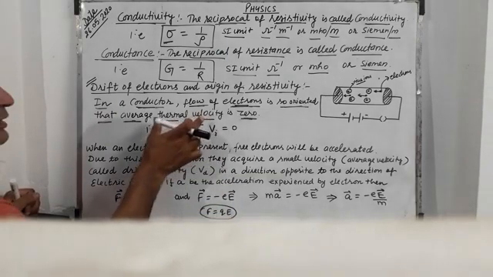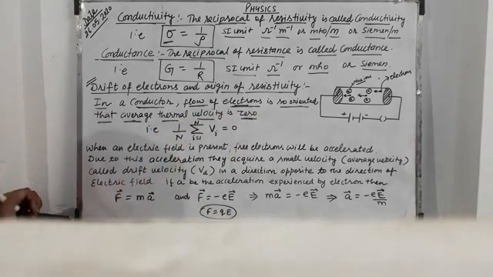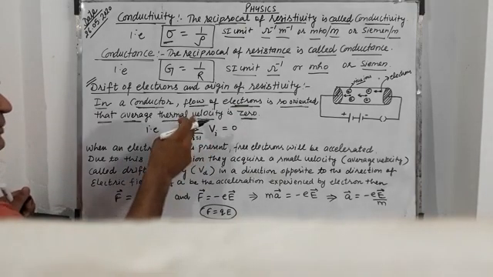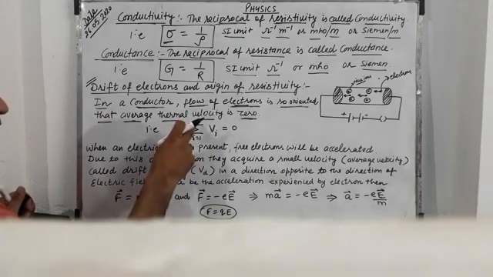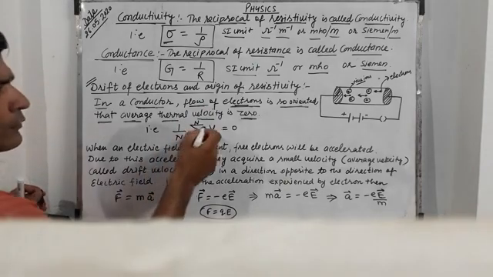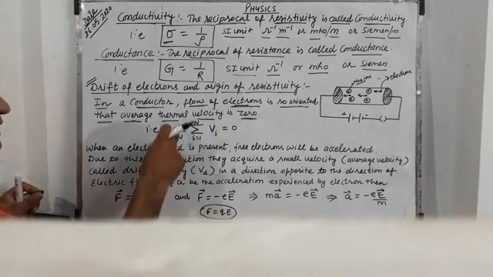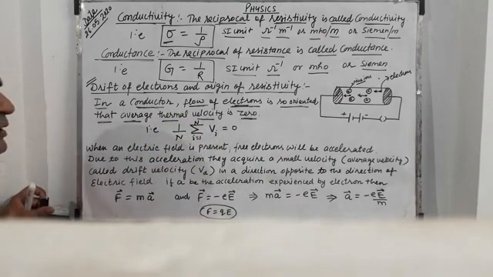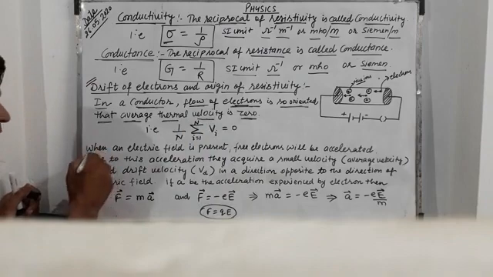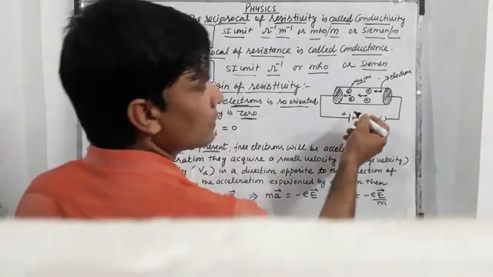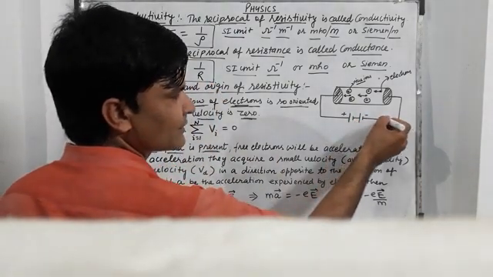So, they give the average thermal velocity 0. That is 1 upon N sigma i equal to 1 up to N, because there are capital N free electrons in a conductor, assuming that. Okay, Vi is equal to 0. Once again, average we will get 1 upon N sigma i equal to 1 up to N, Vi is equal to 0. Okay, now when an electric field is present, this is with the help of a battery,